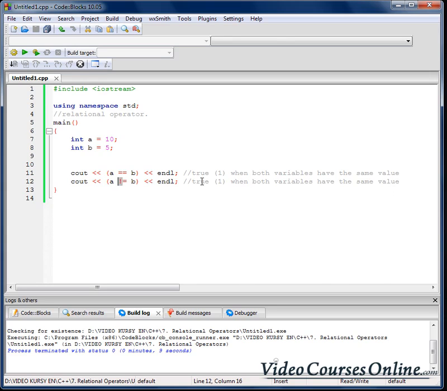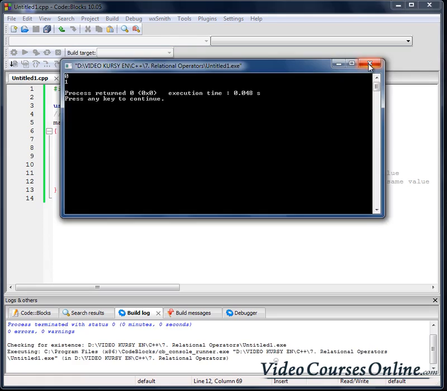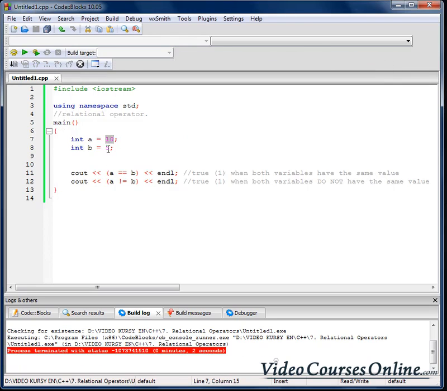So it is true when both variables do not have the same value. Let's compile it, and as you can see, it's true because 10 is not equal to